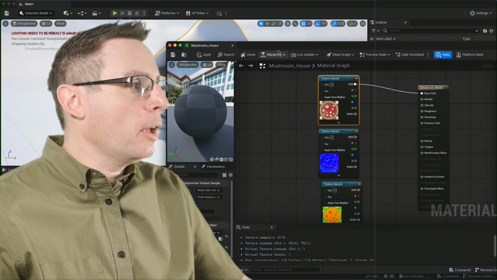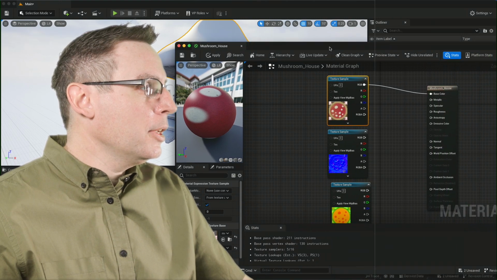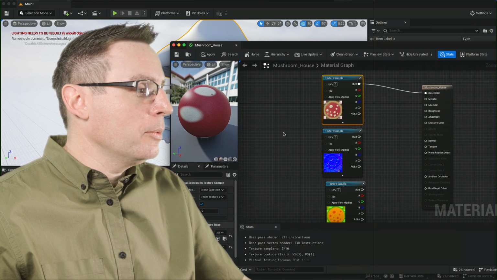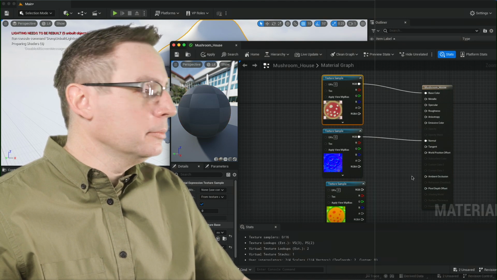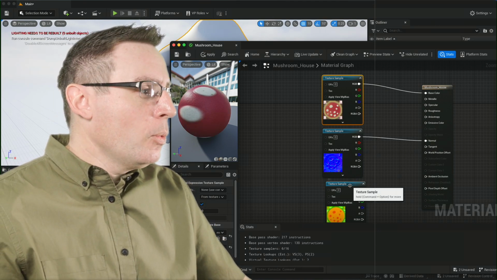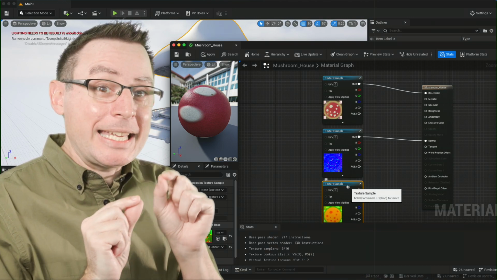Yoink, just like our shader graphs. And in a second here, as soon as things start to update, you'll see it pop in behind once we save it. Let's do the normal map as well. Normal is going to go into normal. Awesome, pretty straightforward. The one that's interesting is this fella down here, because remember, this is a packed image.